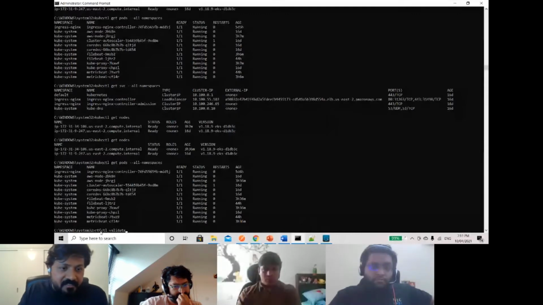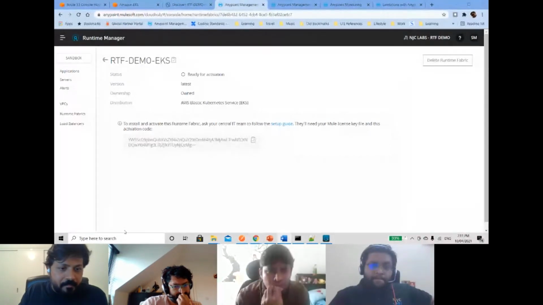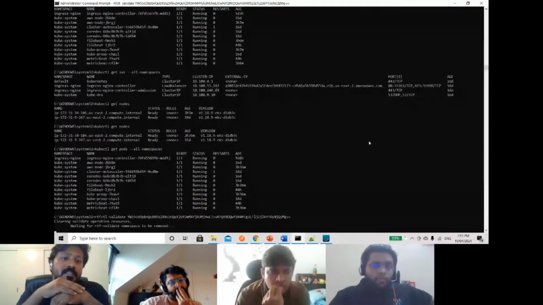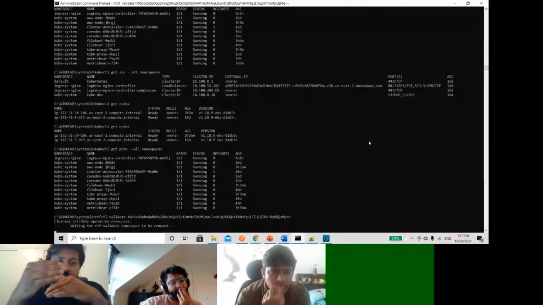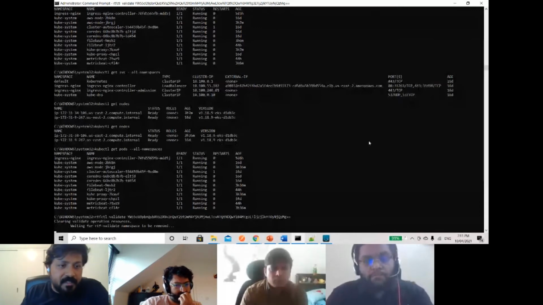Okay, so rtf-ctl validate. We need to validate the cluster by providing this key. Copy that. And this will ensure the cluster has all the prerequisites met in terms of whatever you can see there,